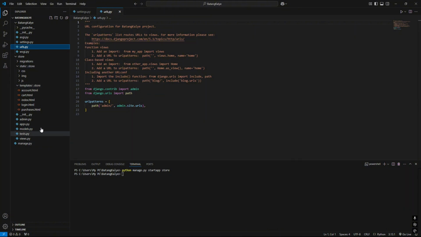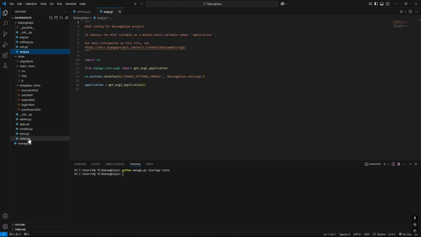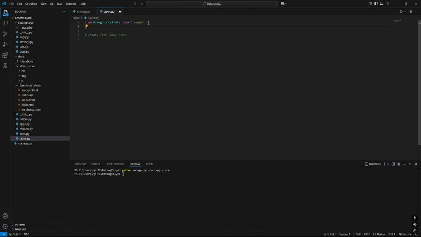Next we're gonna go to the URL. Oh, I forgot, we should go to views first. We're gonna create our views to render our template. Here, we're gonna create our views. def login, for our login, request.